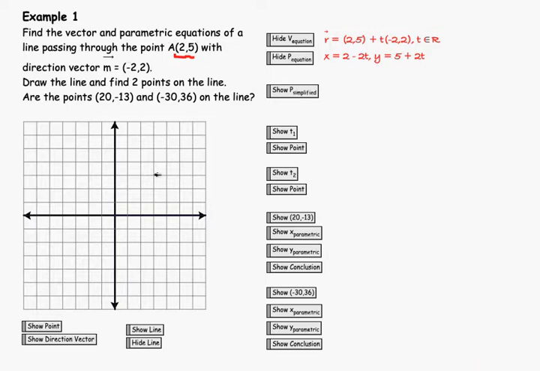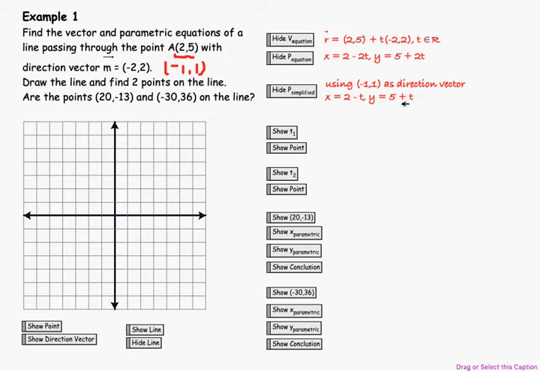And then what's next? Well, I suppose we should give some thought to, because I'm just noting this now, that direction vector is not in simplified form. We could simplify this direction vector down to -1, 1, or 1, -1. So what I'm going to do here is show you a simplified version. So if we use -1, 1 as a direction vector, then we're going to change this to 2 minus t